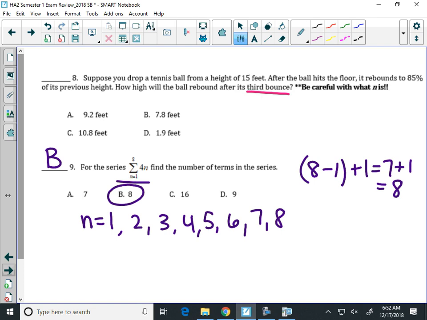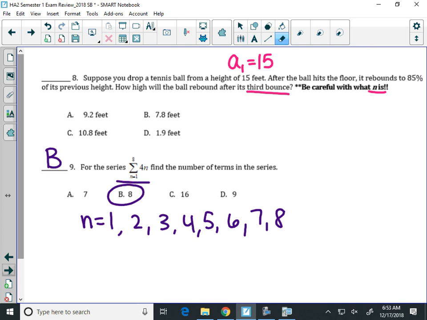If it says you drop a tennis ball from a height, now when we're in sequences, it's a little bit goofy because that means the first term, where the ball starts at, is 15. So that's a sub 1. You haven't bounced the ball yet. You're just dropping the ball from a height of 15. So that means that we need to find our n. What is n here? Well, if a sub 1 is the starting height,